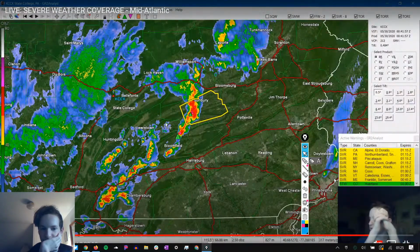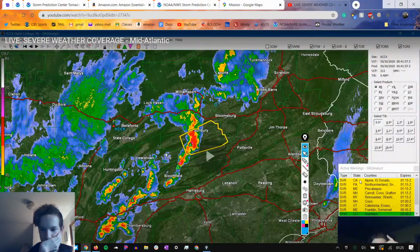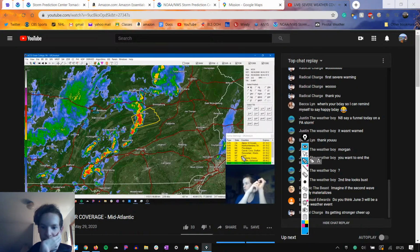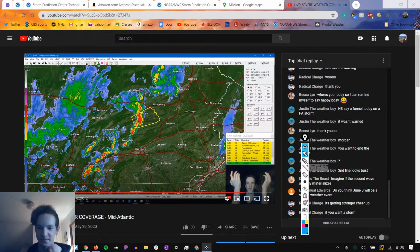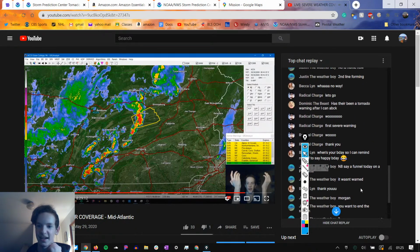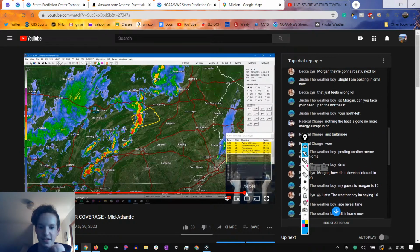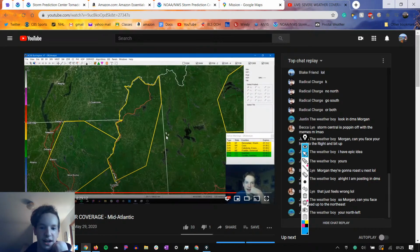You think June 3rd will be a severe weather event? I think it's quite possible. 2nd through 5th looks quite favorable for the development of severe weather. And oh my god, I also didn't realize that there was a severe thunderstorm warning where I am right now, Coos County, New Hampshire. Literally. It's not. Seems legit. Jeez. When did I find out there was no heating at all? Oh, this was when I saw the...